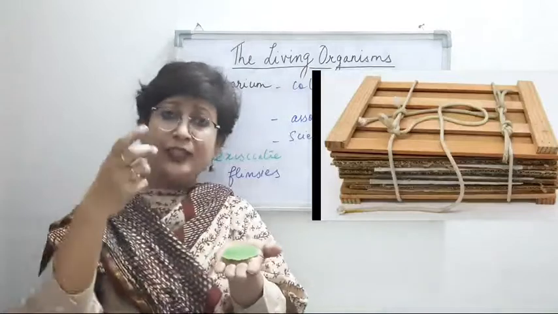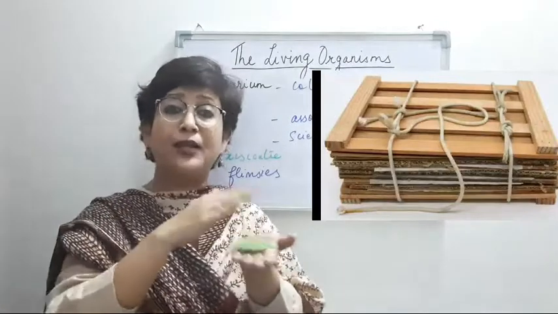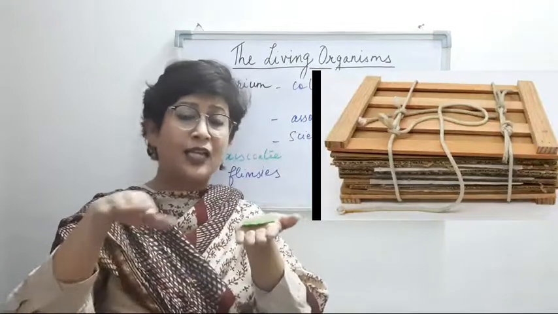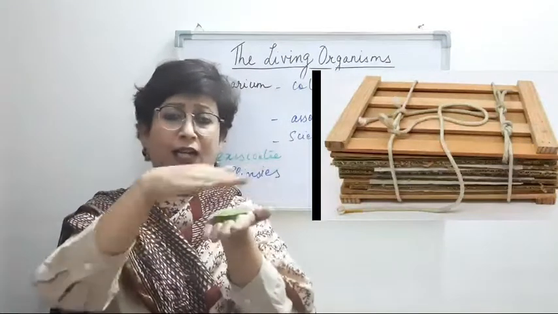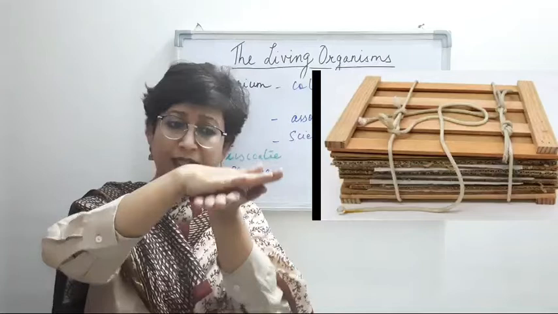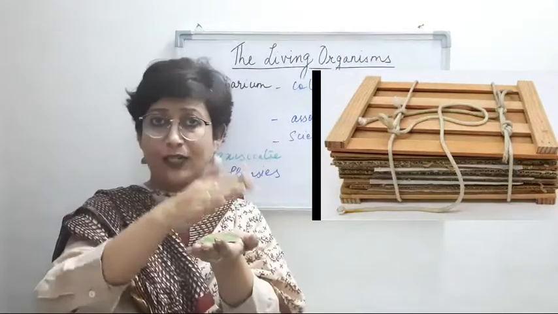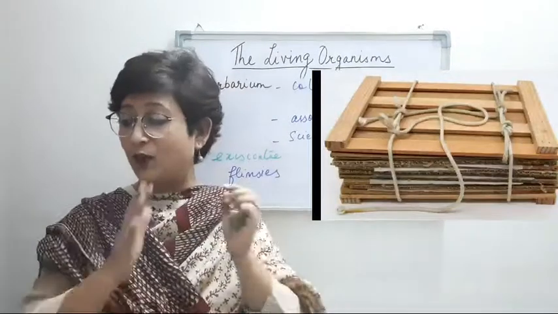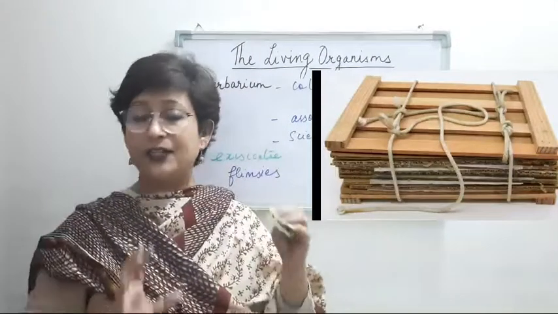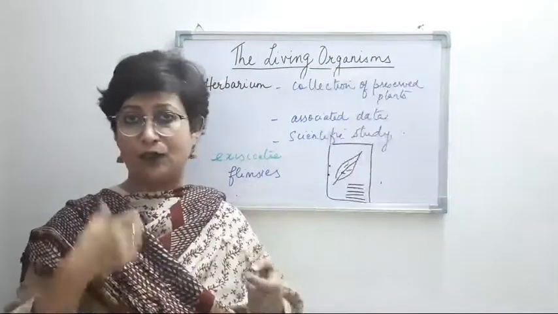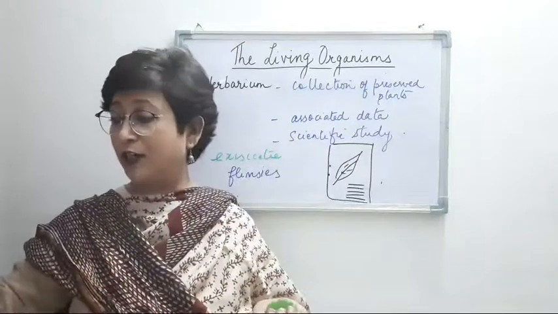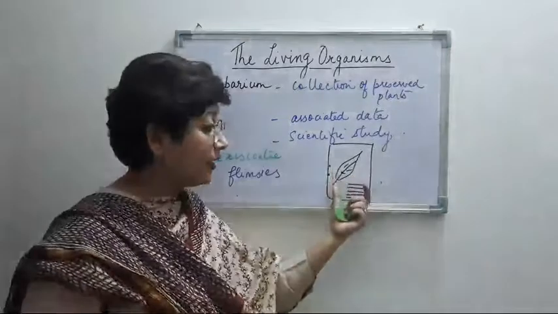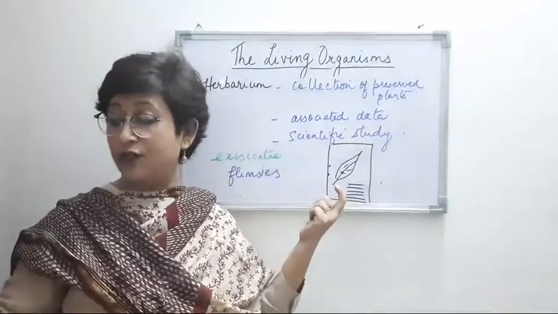So in the laboratories they use a plant press, which you can see in the image just now, right? These plant presses are like boxes kind of things, and in between they are pressed like that, right? So that the plant part becomes flattened. So that is how it is pressed, and once that is done, then it is mounted on the sheet, and of course some chemical is sprayed for it to be preserved, and once that is done, all the details regarding the plant are written over here.